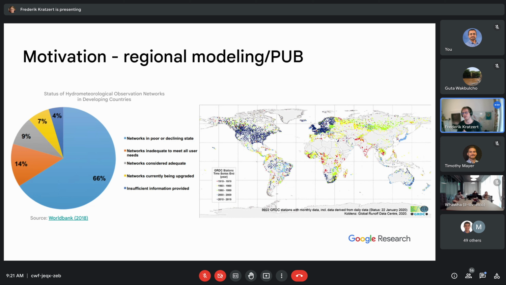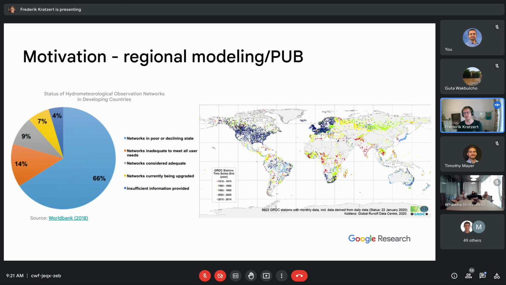The first motivation, which is linked to my work at Google, is that most rivers of the world are actually ungauged, meaning they have no historic measurements that we can use to train a model specifically for this river. And this is specifically true for low-income or developing countries, where some of the most severe floods are happening. And we have seen how poorly hydrology models regionalize. So I personally want to find a way how we can do better.